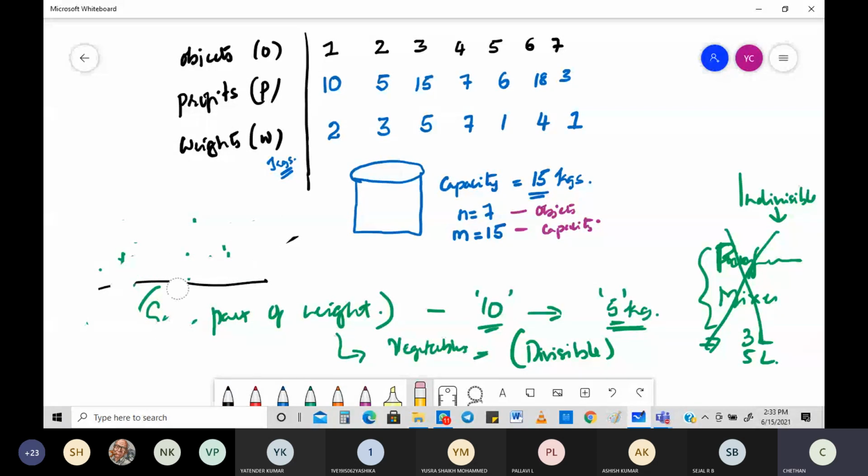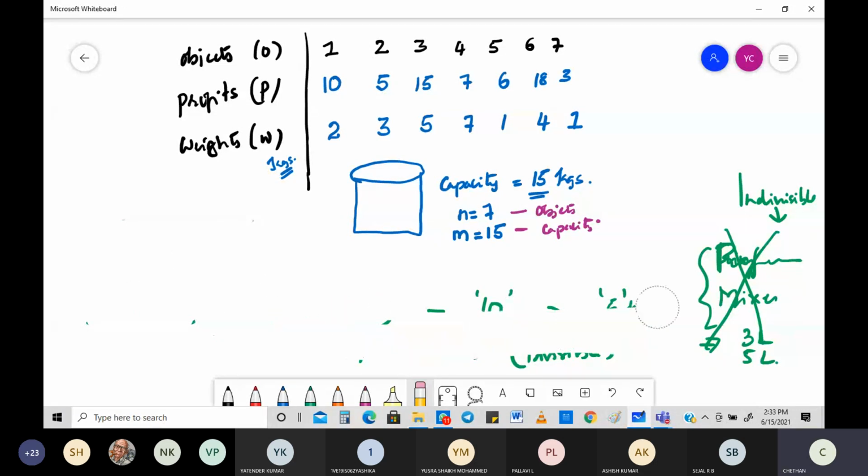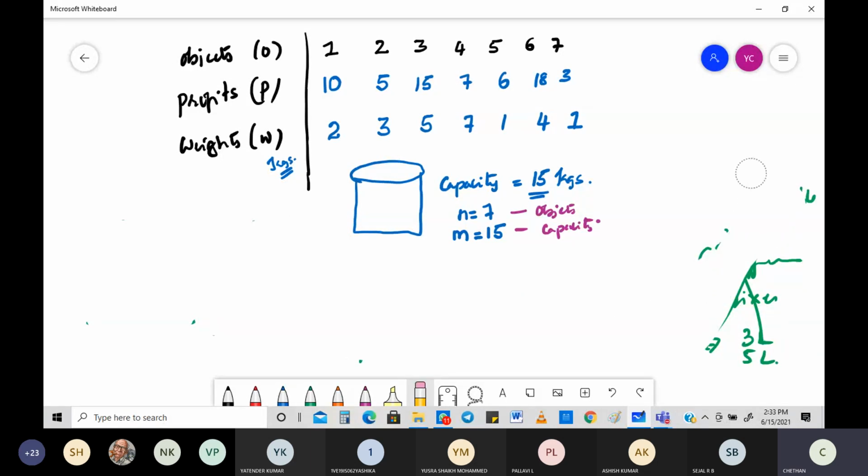The simplest strategy which we are going to look for is, we don't know what is a thing to be put, right? See, if you put object 1, what is the weight of object 1? 2, and what is the profit it will bring in? It will bring in the profit of 10. So some people may be thinking, I put that, it is bringing in 10. Nicely we can get good profit on that. But is it only possible? You put that, you get 10 profit, also fine. And you see the weight is only 2 kg. The other 13 kg someone needs to be put. Something needs to be put in there.